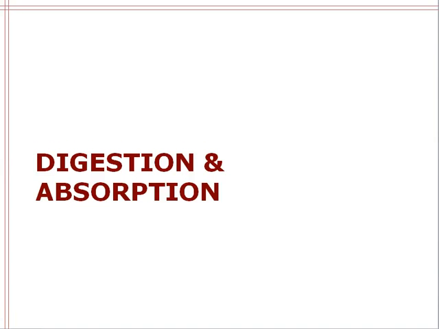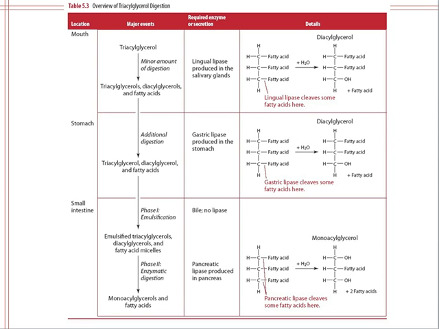We're now going to talk briefly about the digestion and absorption of lipids. So when we think about digestion of lipids, remember that most dietary lipids come in the form of triacylglycerols. So we'll have some as monoacylglycerols and then we'll have some cholesterol and phospholipids, but the bulk of it is triacylglycerols. So I'm going to use this image to kind of talk through the different aspects of